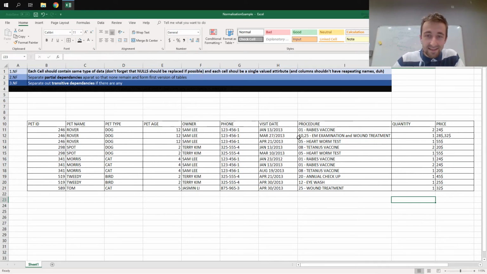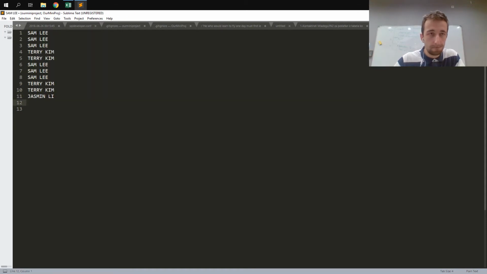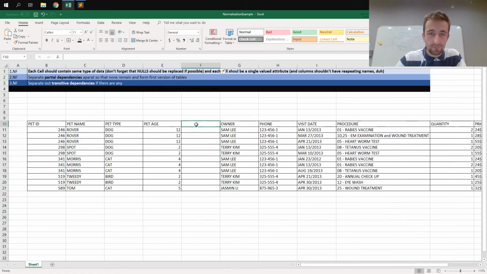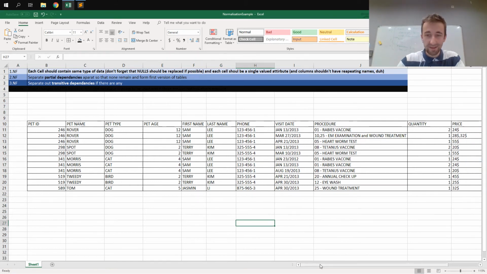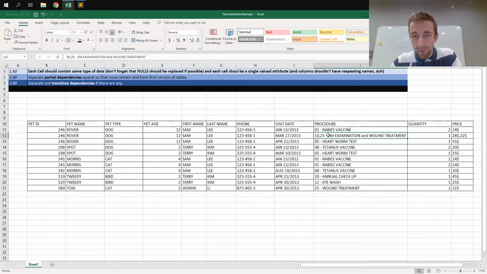So let's see. I see that we have the owner listed as one. This could be first name and last name. So let's split it up. Okay, we got that sorted out. So what are the next attributes that have multi-value? Do we have them? Now, I see one more, and it is only in this case where we have